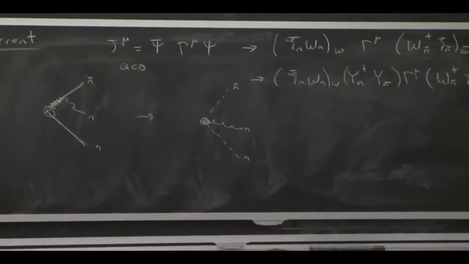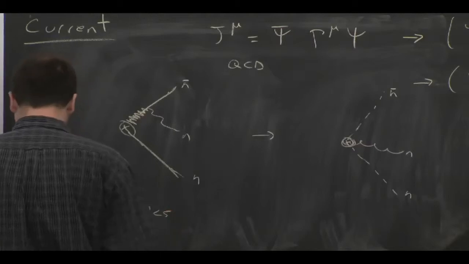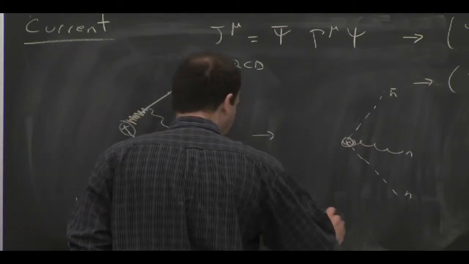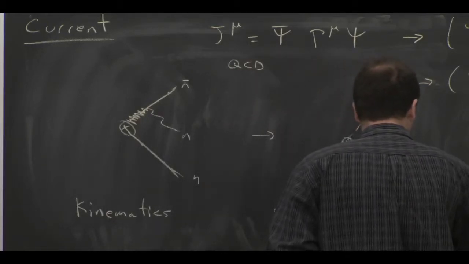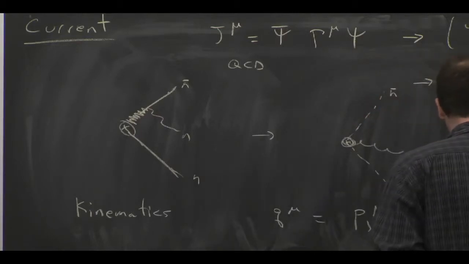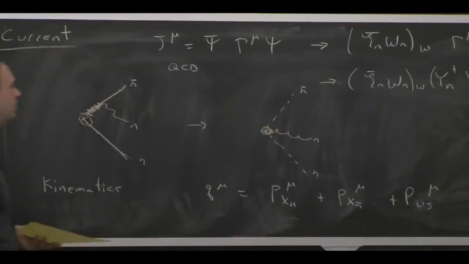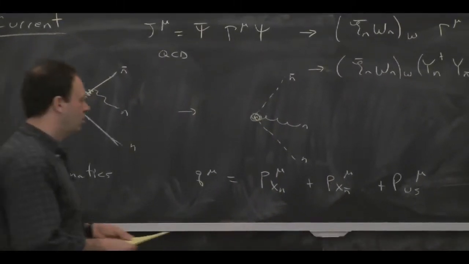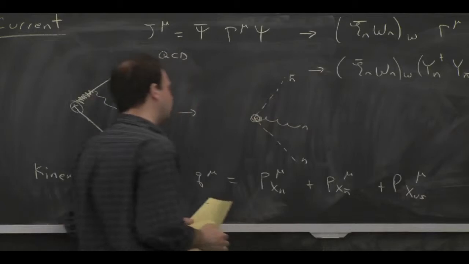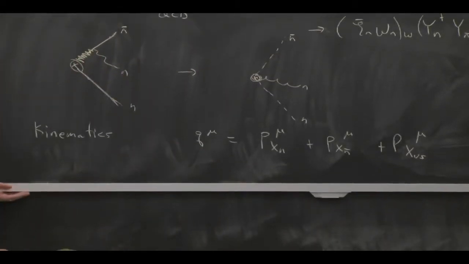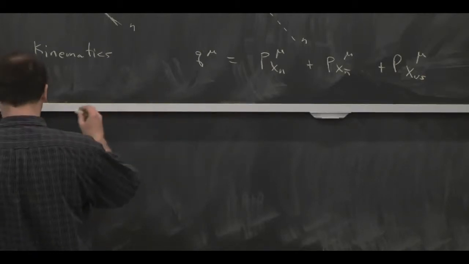So if you just look at the kinematics, then there's already actually some fairly powerful restrictions. We're in the center of mass frame. Momentum conservation says that if we think about all particles in the final state as either being n collinear, n bar collinear, or ultrasoft, then the initial momentum of the virtual photon, or virtual Z, has to add up to all the final state momenta. And if we just look at the large part of that